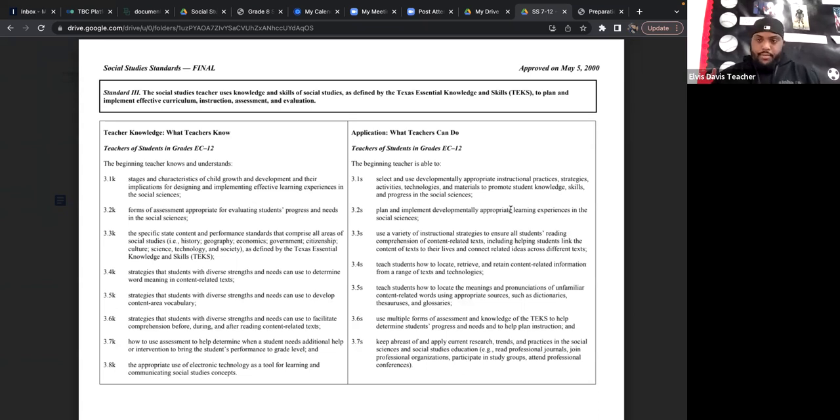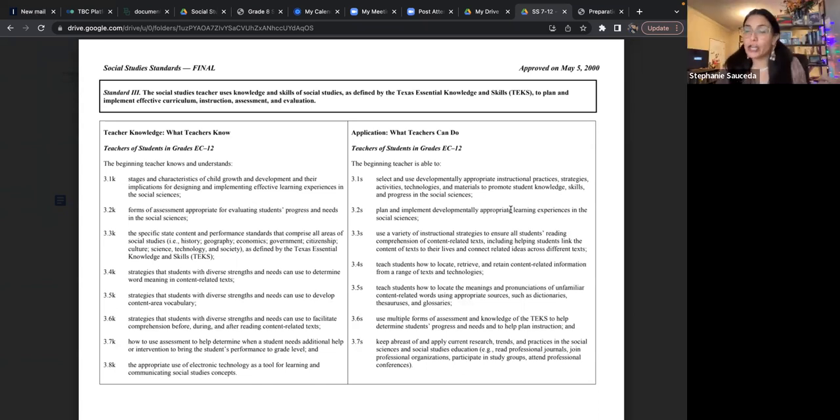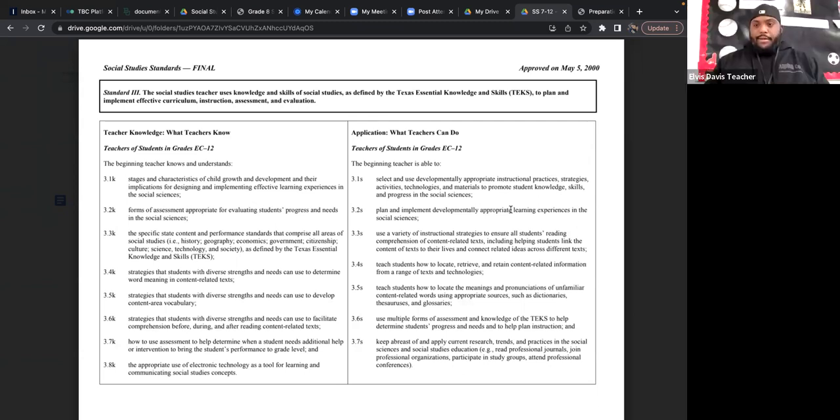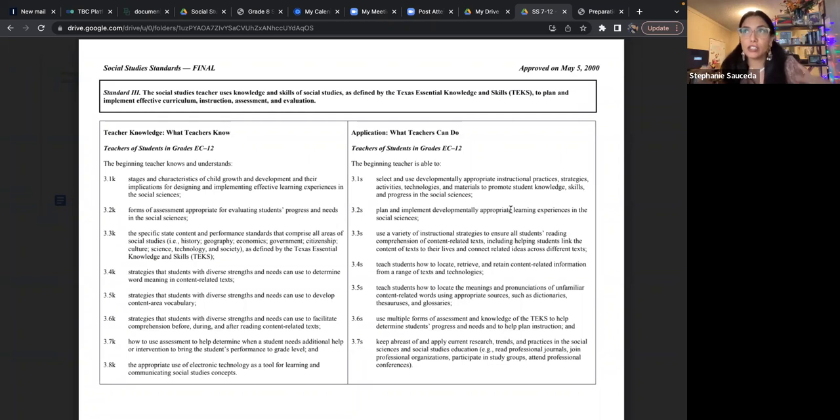And then add another step, a think, pair, share. Now turn to your partner and discuss with your partner. A think, pair, share is such an amazing ELL strategy. It's like a special ed strategy. And it should be an everybody strategy, because it gives the students a low risk, low anxiety way